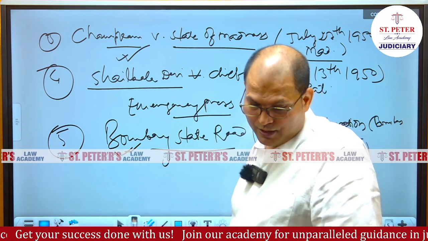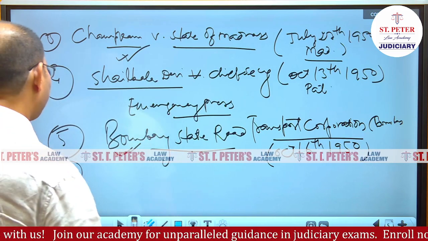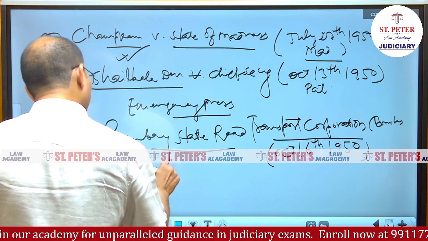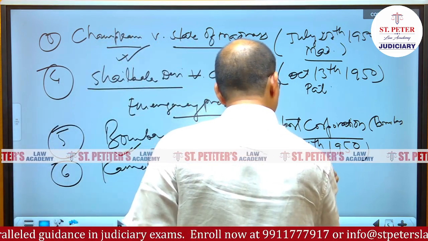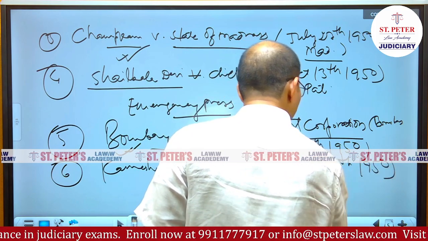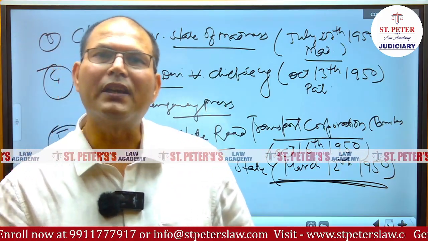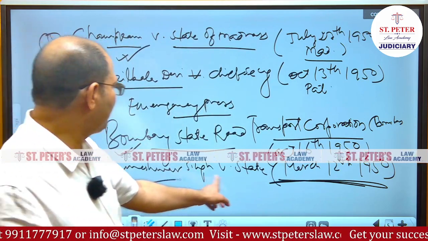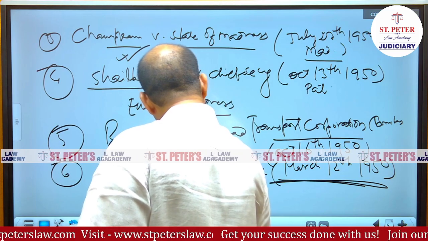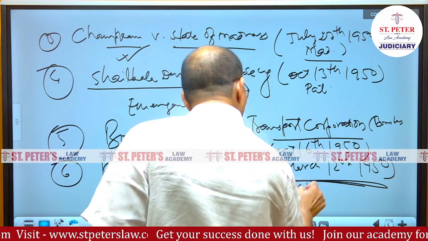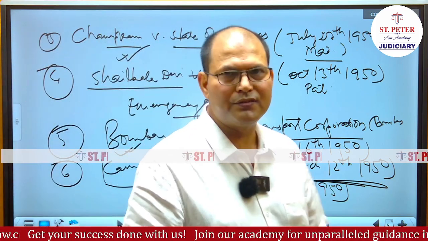And one more judgment that created consternation in the government circle was the judgment of the Patna High Court on 12th March 1950, Kameshwar Singh versus State of Bihar. And this ultimately became the flashpoint for the deliberation in Delhi to reach a climax. In Kameshwar Singh versus State, what had happened? The Bihar legislature had enacted the Bihar Land Reforms Act 1950, according to the provisions of which the vast tracts of land belonging to zamindars were to be now